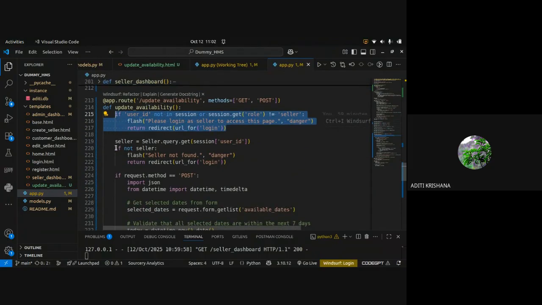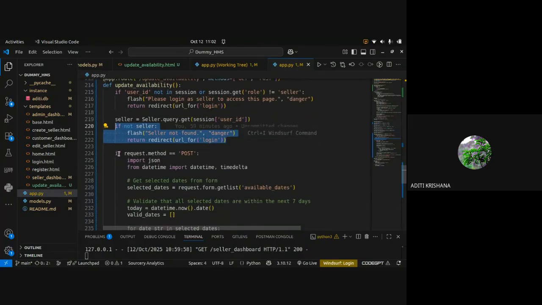Now when the seller is present, then all the details will be fetched using its user ID. If not seller, then again it will go to the login page. And if it is the seller, then these two things I have imported.